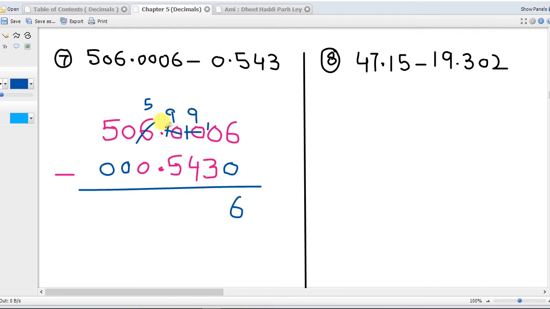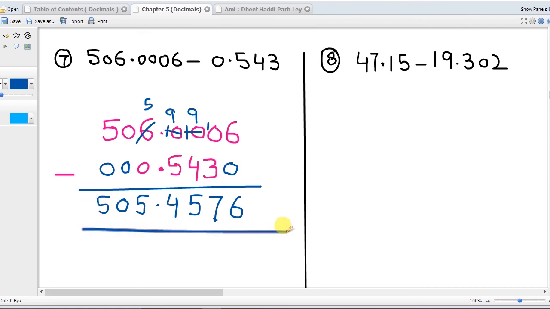So 10 minus 3 is 7. So this is a very long journey. 9, this is a new number, 9, not 10. 9 minus 4 is 5, and 9 minus 5 is 4. Put the decimal point. 5 minus 0 is 5. 0 minus 0 is 0, and 5 minus 0 is 5. So we are done with this question. So the answer is 505.4576. Okay, moving on to the last question of today's lesson, which is